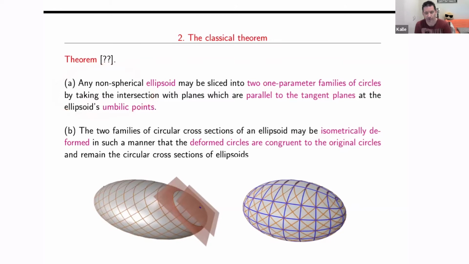So what's an umbilic point for those who don't know what this is? So really, you don't have to know a lot of geometry here, or even integrable systems. I will point out some connections with integrable systems, but this is going to be fairly recreational here. So let's take this ellipsoid here, and you take a point on this ellipsoid. And the blue lines that you see here are lines of curvature. So if you go in this direction along this line of curvature, then you have maximum change of the normal curvature. Here you have minimum change of the normal curvature. And those directions of minimum and maximum curvature are orthogonal to each other. So there's a right angle here, right?